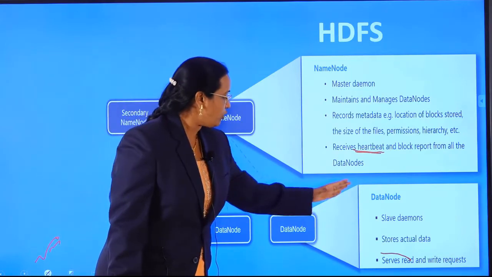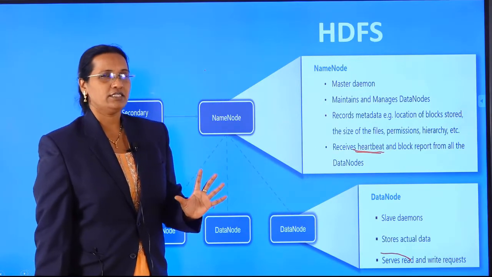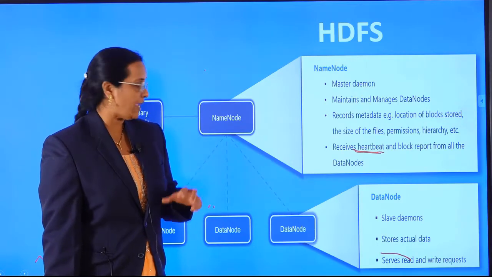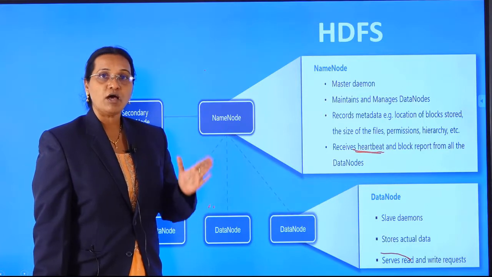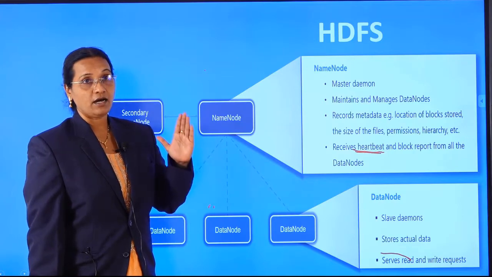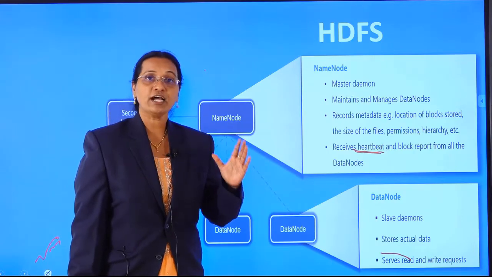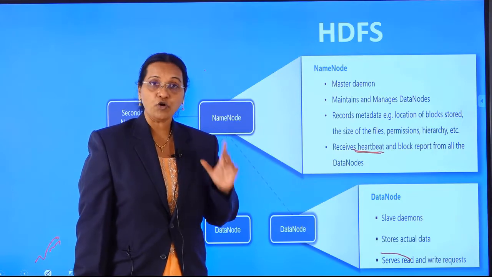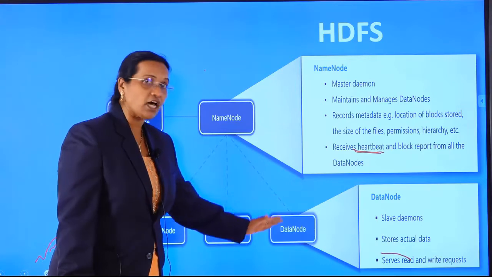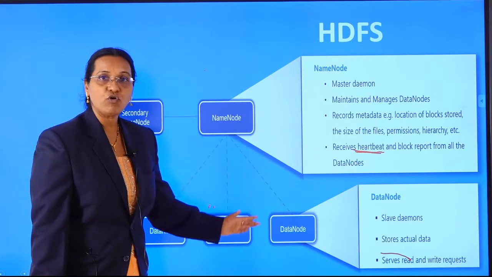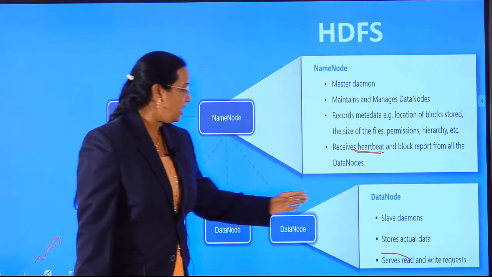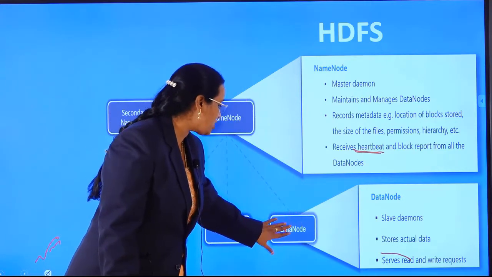And coming to the data node, it is a slave node. As I said to you, Hadoop works on a cluster of commodity hardware. Hadoop works on master-slave architecture, whereas SQL works on client-server architecture. That is why these nodes are called slave nodes, and slave nodes are commodity, inexpensive hardware. And these nodes only store the actual data.